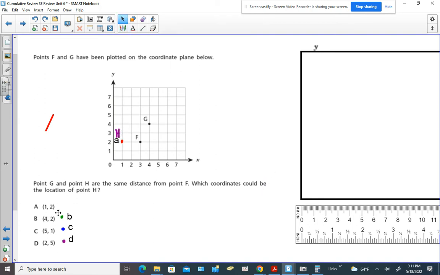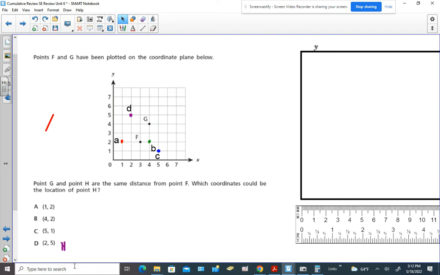Point B is over 4 up 2. And let's put choice B next to that so we know. Choice C is over 5 up 1. And choice D is over 2 up 5. We'll put a D next to that. All right, so just keep in mind that these are all point H's. I'm just putting the letter choice of each of the choices of ordered pairs that we could pick, but it